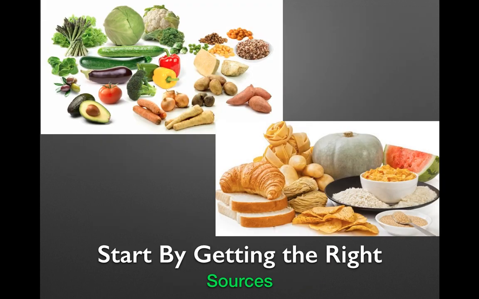Obviously, you need to start by following the rule, but as you follow the rule, you want to have an understanding of what the sources are. So let's start with the sources. As you see here, there are sources of starches, sources of fruit, sources of vegetables, and sources of tubers and legumes, right? All these families of carbohydrates are different. Some of them introduce an amount of calories, the other ones introduce fewer calories, some of them introduce more water, some of them not.